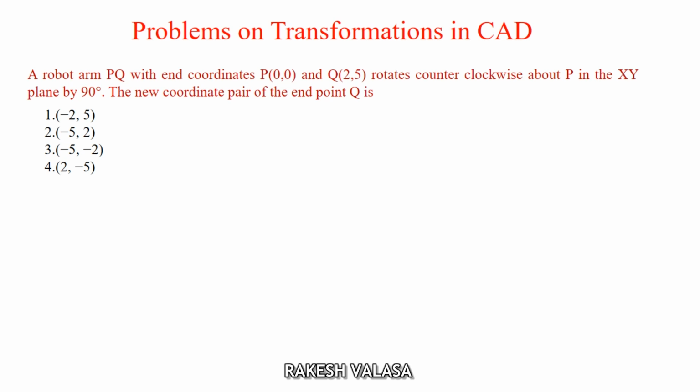Problems on transformations in computer aided design course. The given problem is a robot arm PQ with end coordinates P of 0, 0 and Q of 2, 5, rotates counterclockwise about P in the XY plane by 90 degrees. The new coordinate pair of the endpoint Q is